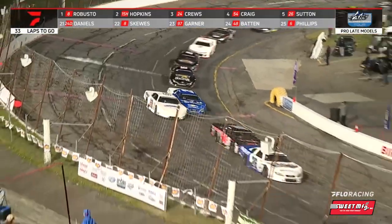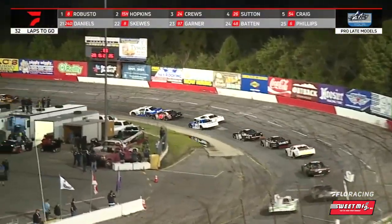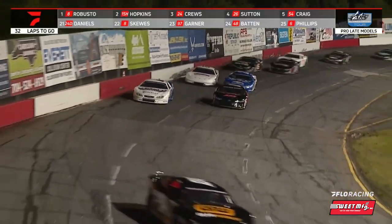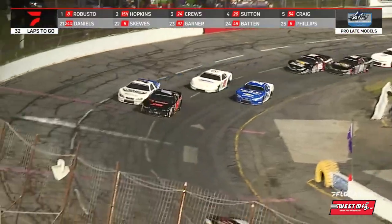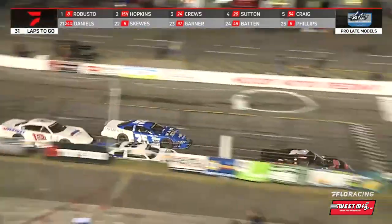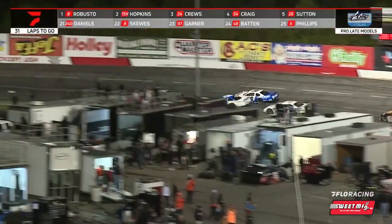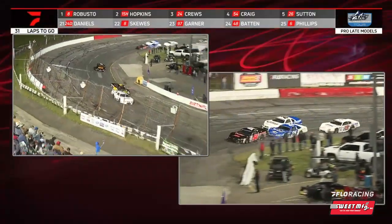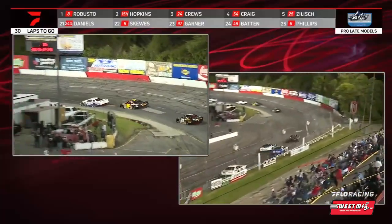Now down nearly to the apron is that of Zilish as he draws even with the door of car 13. Little bit of contact there off the corner. All the while, Sutton and Craig continue to bounce off one another in what is a race just up ahead of Zilish in what would be 4th. McDonald is trying to hold up the racetrack, and now Zilish is going to get 2 for 1 in one corner. He has already found himself back into the top 5, side by side with Sutton, I should say, his teammate. He finds himself in 5th, and oh, by the way, Isabella Robusto still has her hands full trying to fend